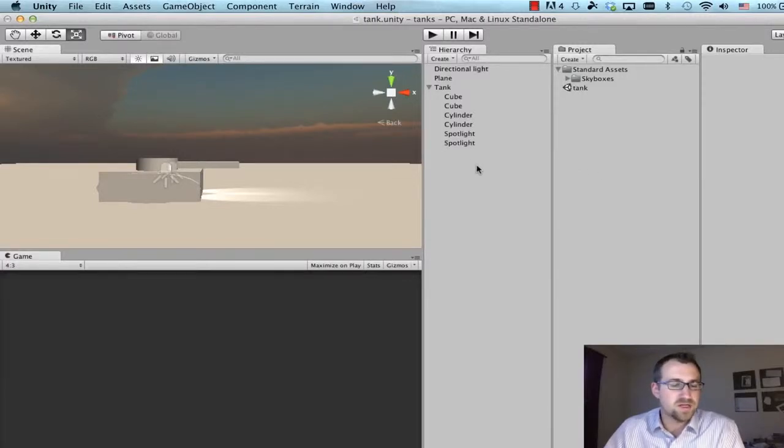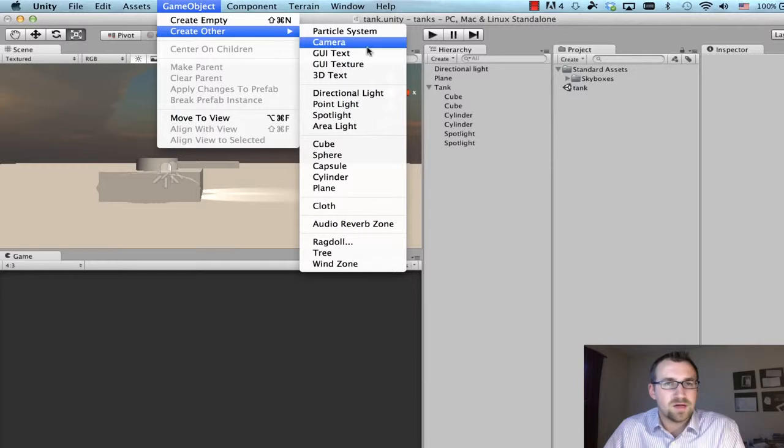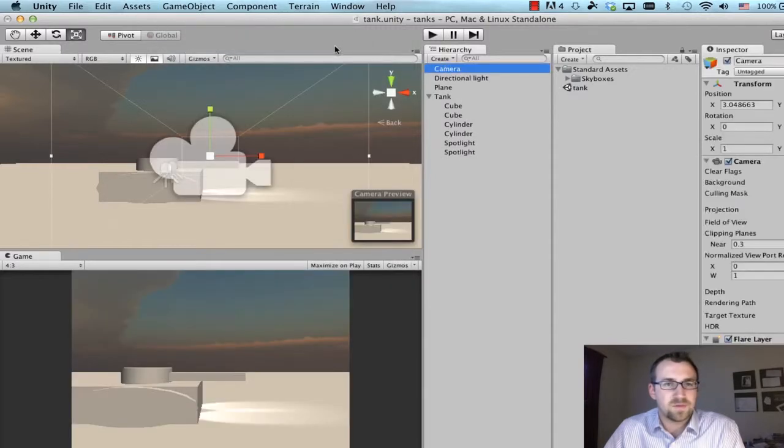Alright, this tutorial is an introduction to camera objects in Unity 3D. To add a camera, we simply go to Game Object, Create Other, and select Camera. Now that we have a camera, you can see finally in our game window, we have a view of